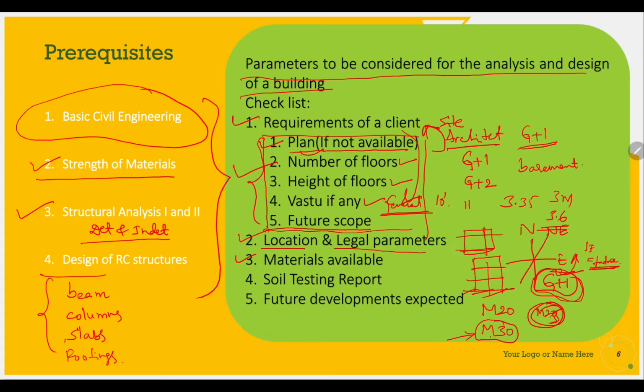You should give one uniform grade of concrete, and possibly a uniform grade of steel also, such as M20 or Fe415. If you go for the lower grade, it will be safe, because even if he goes for a higher grade, our building will be safe, and vice versa it will become difficult. So you should be very careful about the materials available.